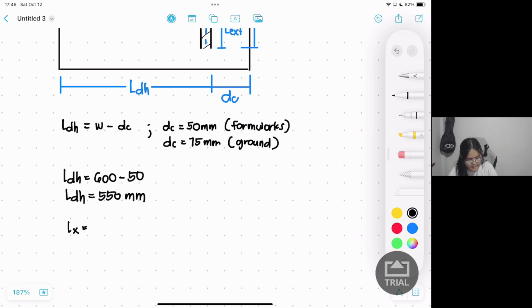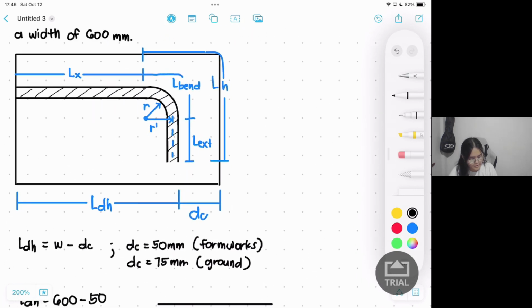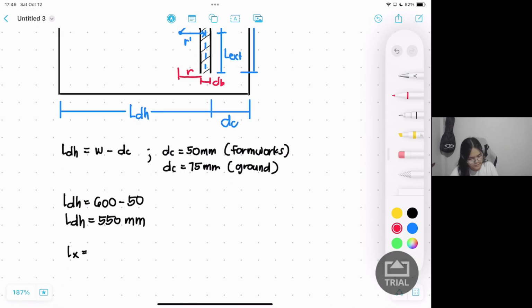So, si LX, based dito sa figure, LX is LDH minus yung diameter of bar. Ito, diameter ni bar. Yan, let's say dB minus the radius. Ito guys. Yan yung radius. Okay? So, LX is LDH minus yung diameter ni bar plus the